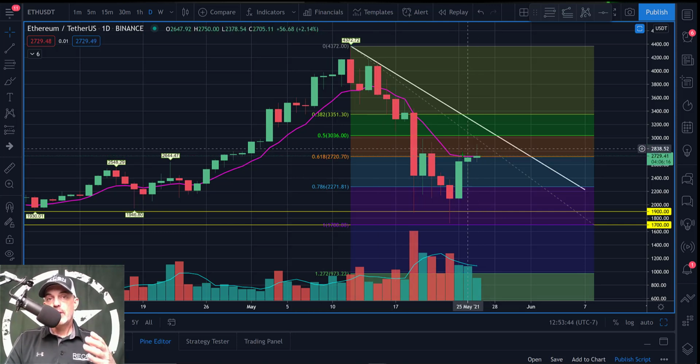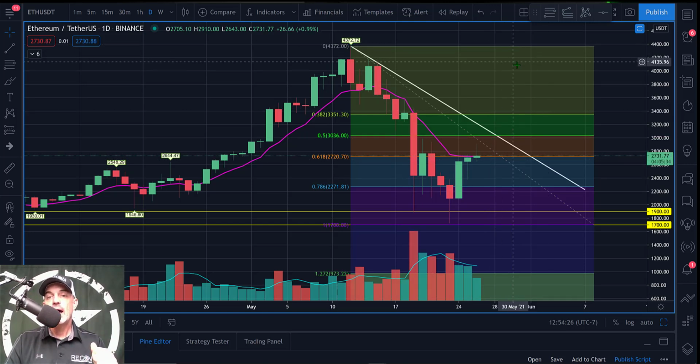So, to recap Ethereum's price targets, we're looking at 2,700 as right now acting kind of as support and resistance. We want to get above this and move up to this 3,000 level. And then after 3,000, we're looking at around 3,300 to 3,400. After that, the bulls have room to run back up to the all-time highs. So on the upside, we're looking at 3,000, 3,400, and then back up to around 4,400 of the all-time high.